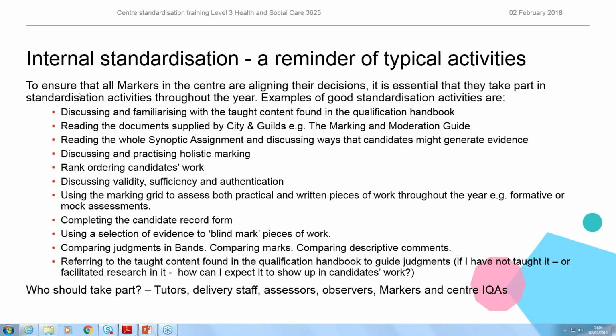And as I say, the marking and moderation guide that we produced has a lot of information available to centres about the process of marking the assessments and the administrative side of submitting them, but also there's material about standardisation in there, and about the moderation process and what happens and the kind of decisions that get made. So I would really recommend that you familiarise yourself with that guidance document. On the next slide we'll show a link to that.